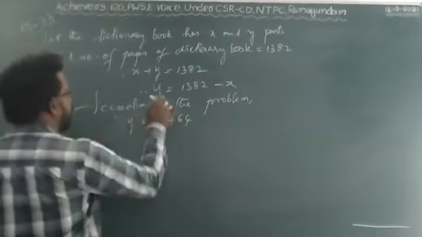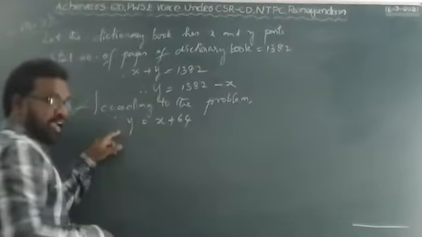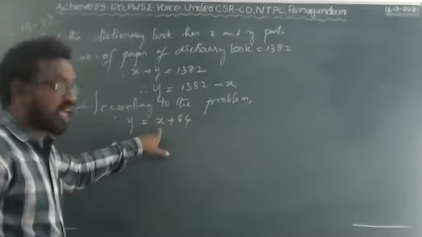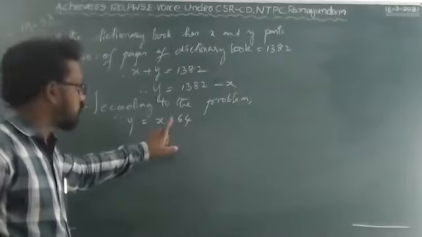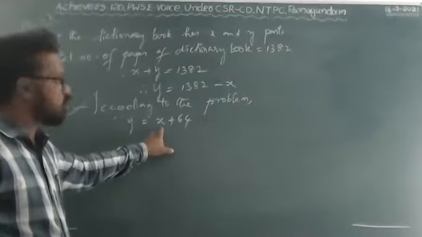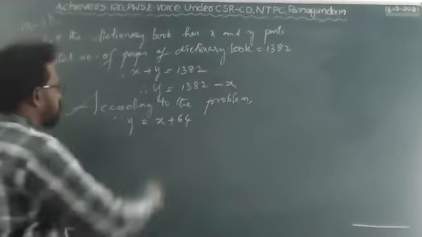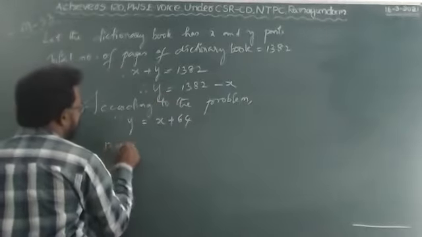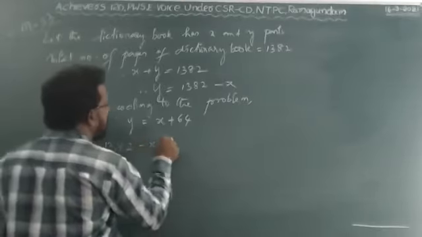Once again, the second part of the book is 64 pages more than the first part. So that is x plus 64. Now substitute, since you already know the y value. Substitute here, this is y, right? So substitute 1382 minus x equal to